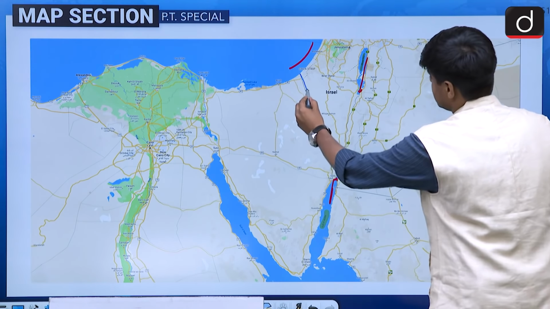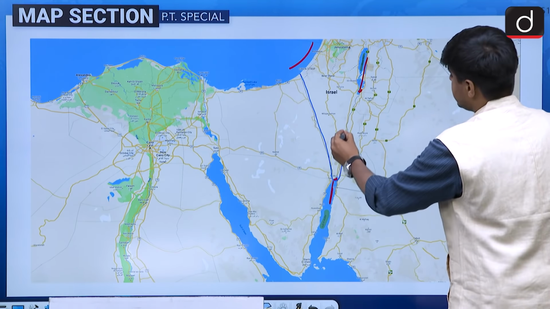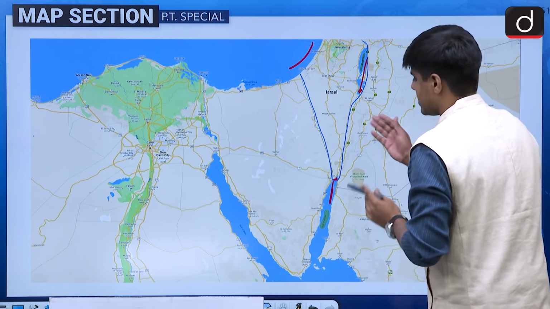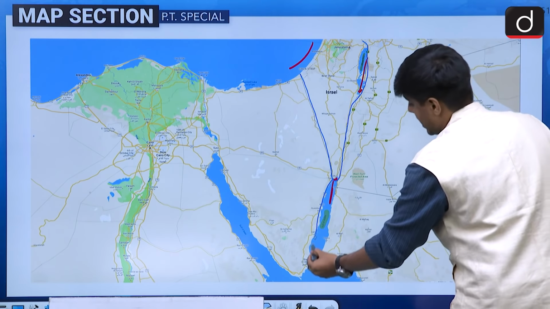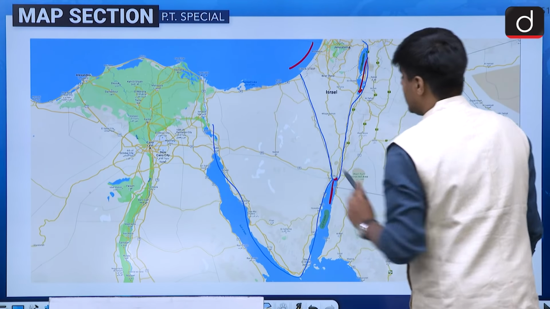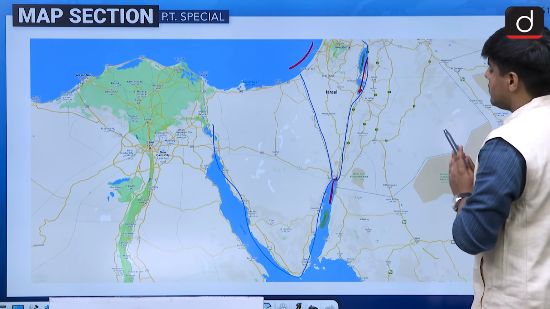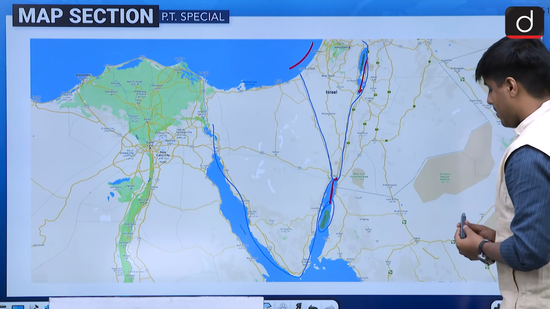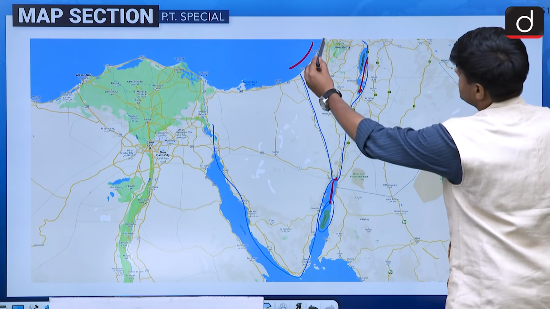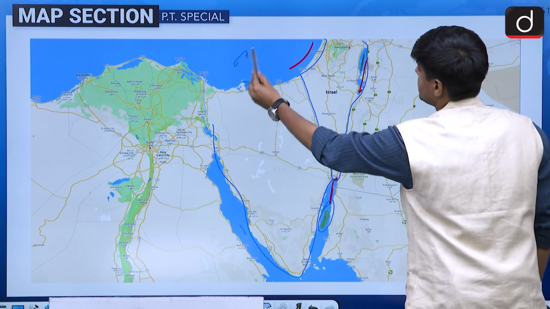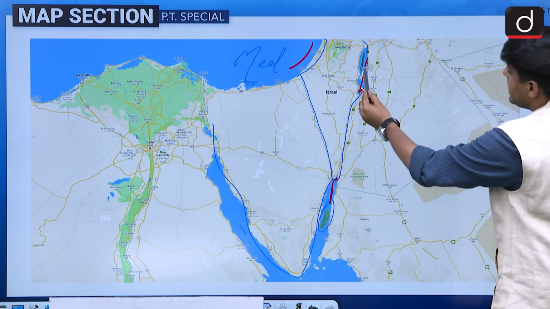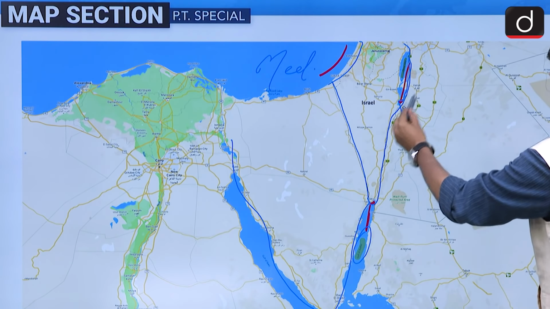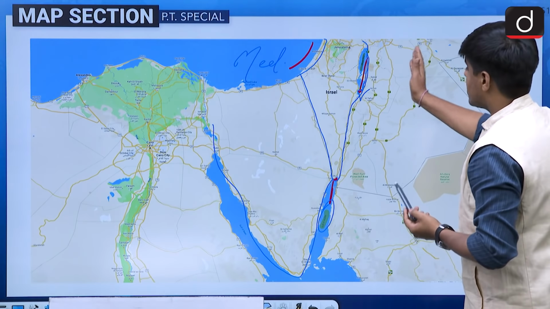Now this is Israel. We had discussed in a rough map that it feels like a dagger or a tear, depending upon the political inclination or aesthetics of the individual. This is the Sinai Peninsula, right, part of Egypt. So the question was, Israel touches which of the water bodies? Now the tip of Israel touches the Gulf of Aqaba, right? This end of Israel touches the Mediterranean Sea. And here the Dead Sea. Only the Dead Sea is visible in this map. So here the Dead Sea is also on the eastern border of Israel.